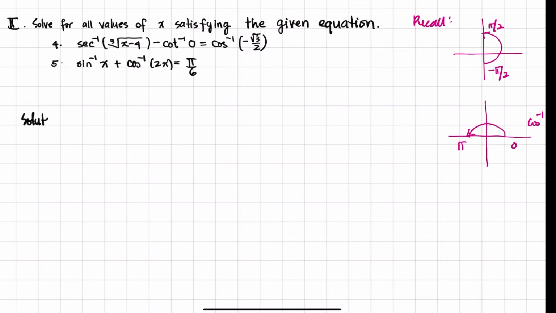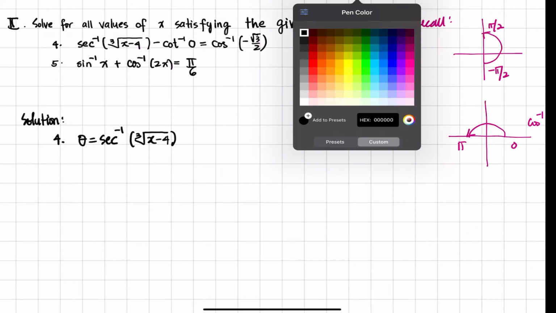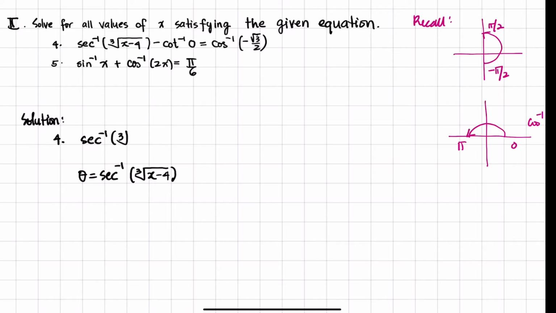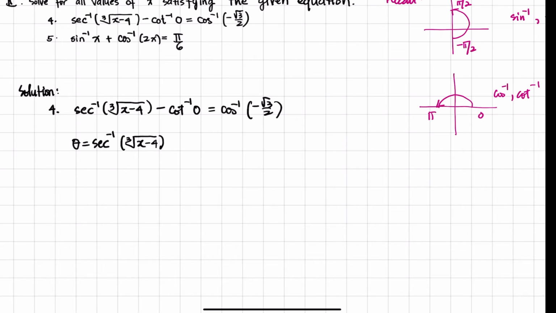So, gaya ng sinabi ko before, ililet theta nyo lang yung may mga secant inverse. Okay, so let theta equal to secant inverse, yung may mga inverse trigonometric function. So, example, in this case, secant inverse. Kokopyahin ko lang yung problem, ha. Equal to cosine inverse negative square root of 3 over 2. Okay, so meron tayong theta